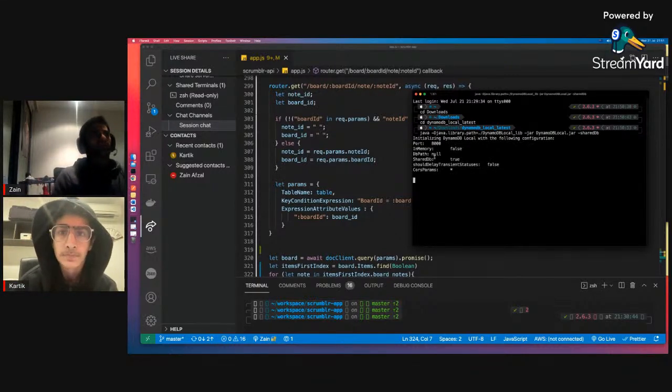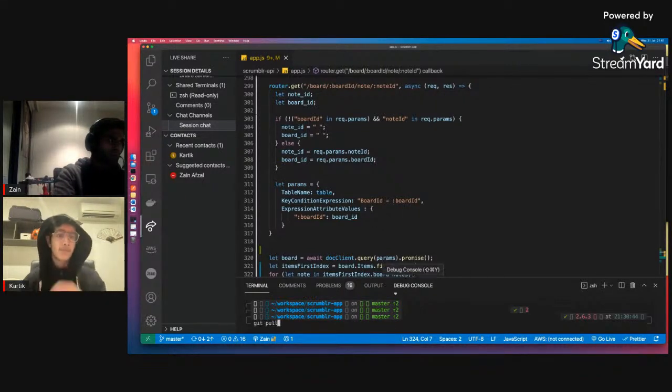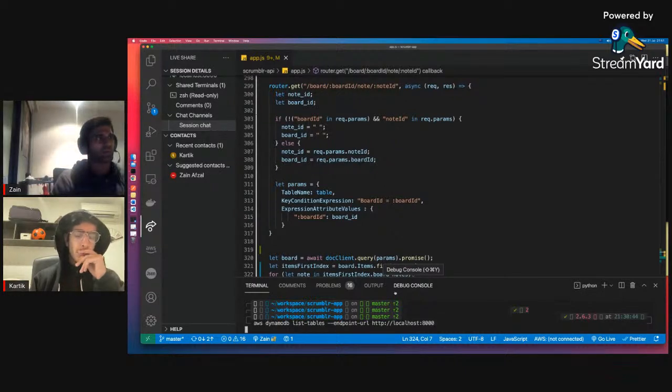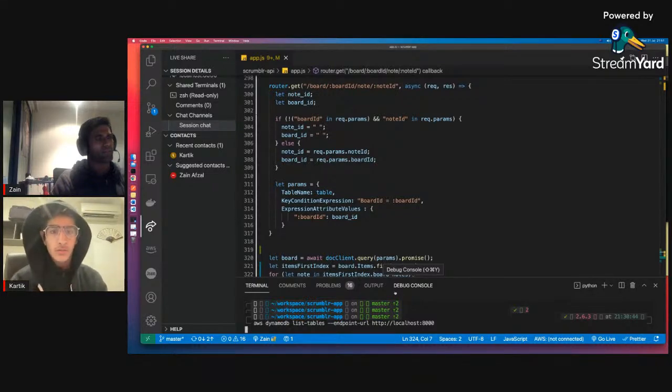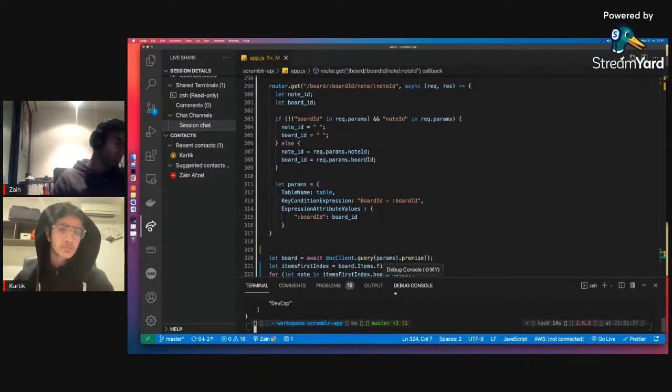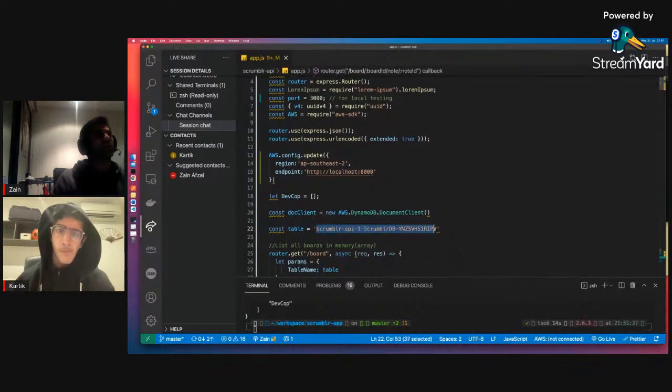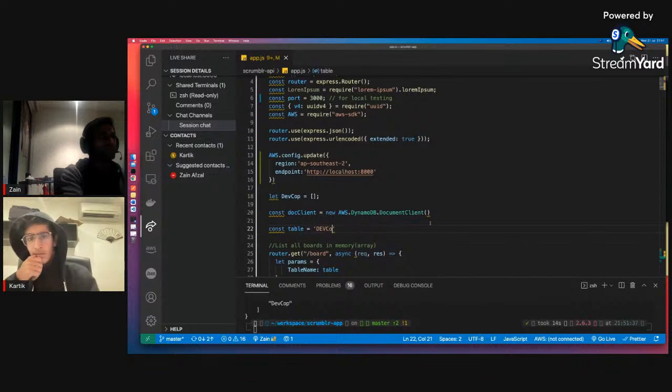There we go. This is gonna run that, and then I need to run the list command to check if the table is still there. Check if the tables are still there. Yeah, cool. So the table is still there. I'm gonna change the table name to devcop